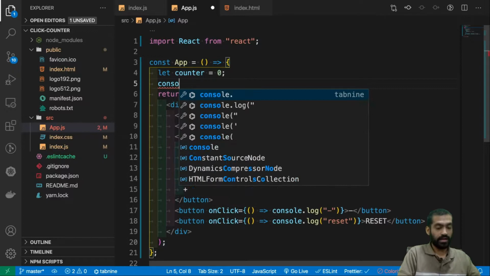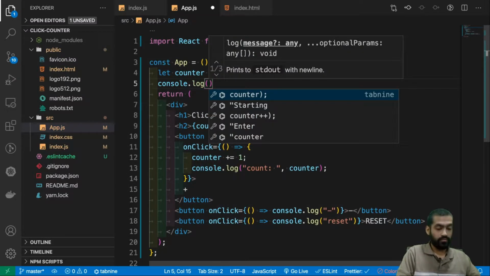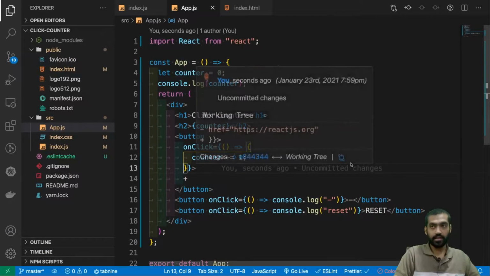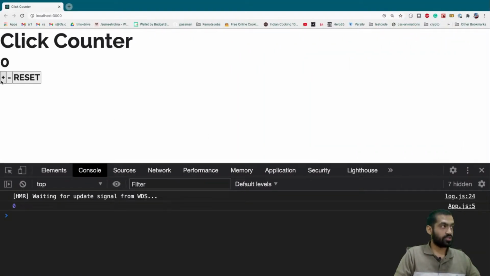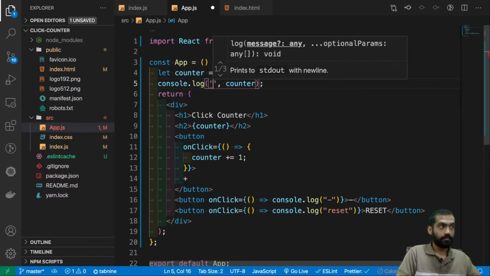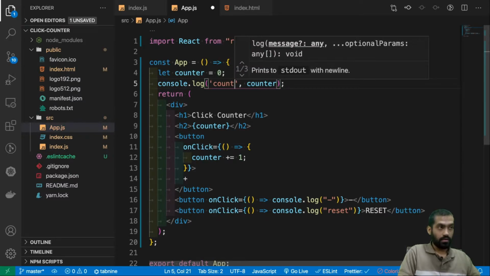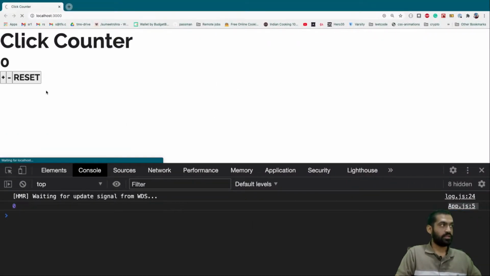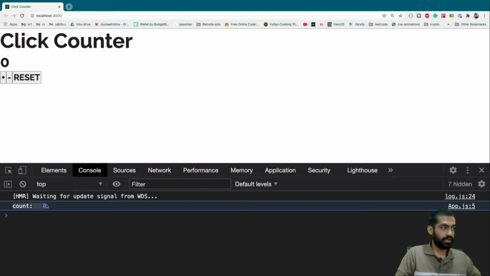First of all, let's just add a console log of counter here, and let's remove the console log counter from here, and let's see if this counter is getting refreshed or not. Okay, refresh, plus, it is not, but for the first time it gave us a console log of 0. Let's add a count here in order to make this clear. Okay, let's refresh and we get count of 0, and then nothing is happening here. So that means the component is not refreshing.